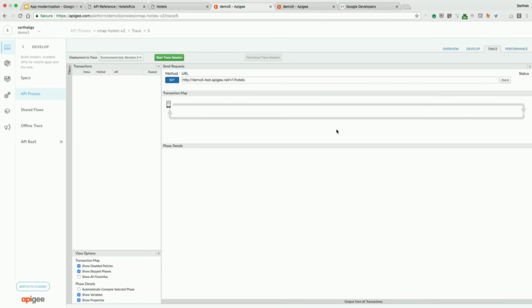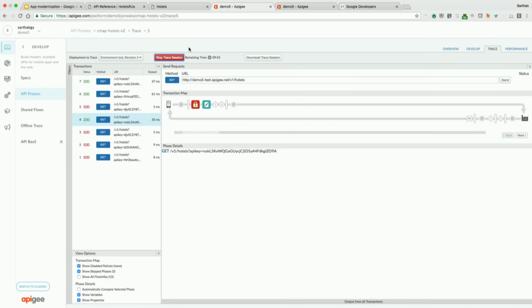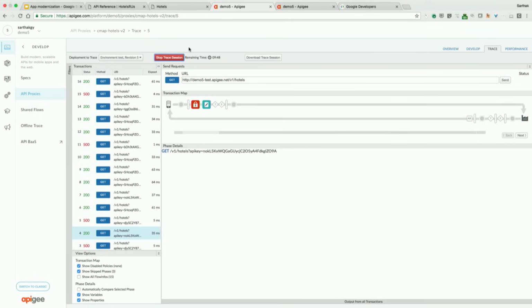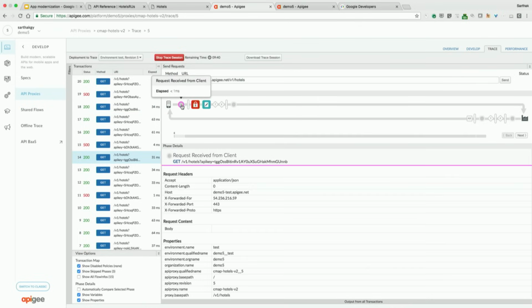Let me quickly jump on to this screen called Trace. Trace is a live debugger. If you have ever written code, you have most likely used a debugger in your IDE. So Trace is such a debugger. Here I have a script running which is sending some API calls, and I can see those API calls actually coming in, and I can click on a particular call